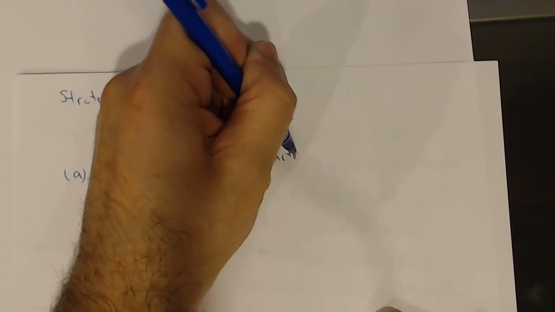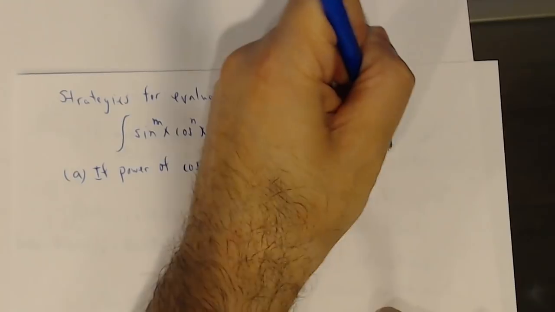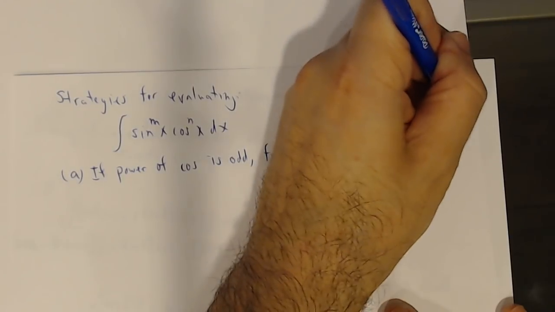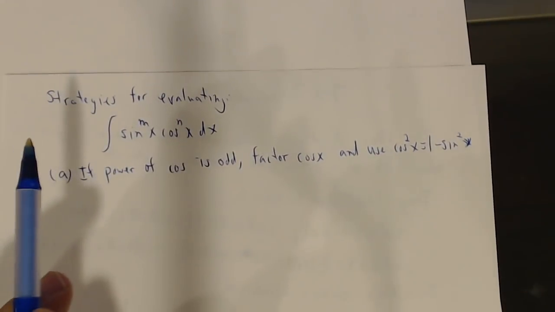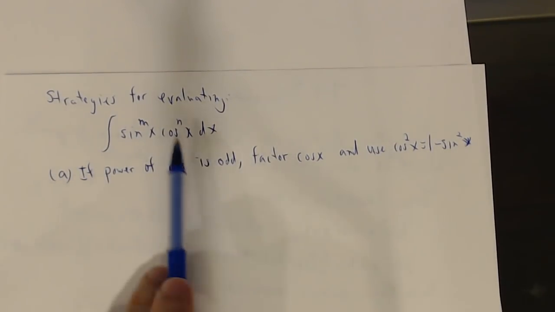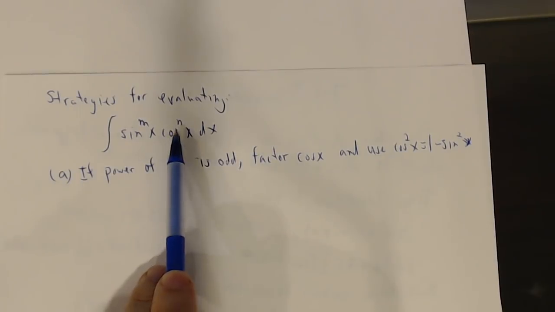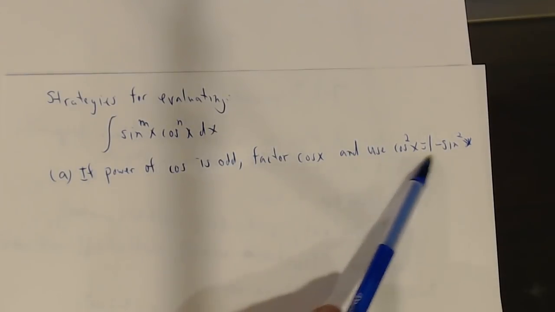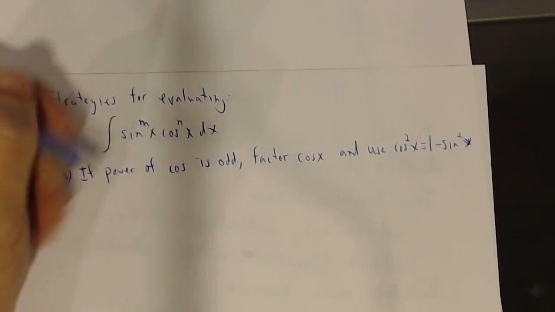is odd, what we're going to do is we'll factor out cosine of x and use cosine squared x equals 1 minus sine squared x. Now notice how this is actually our Pythagorean identity. So what am I doing first? We are basically saying, okay, if this is odd, factor out a cosine. And if you factor out a cosine, the power becomes even, which then means if the power is even, I should be able to use this identity to write cosine in terms of sine. And that's the reason why we're doing that,